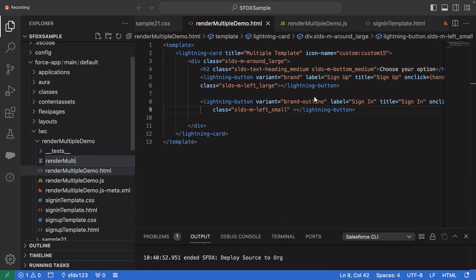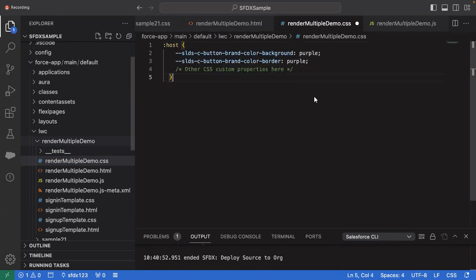In render multiple demo dot css, here I have given SLDS button brand color background border. So if I give like this, then what will this do? Wherever you are using a button with the variant brand, for that I want to specify the background color, and I want to specify the border color. Okay, so